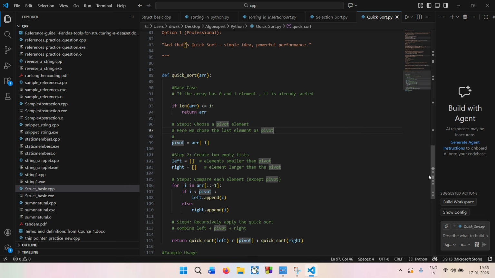For element in array, sorry, my bad. For the comparison of each element except the pivot, for i in array, colon, sorry, my bad, I did a double colon instead of a colon. So basically we are comparing each element except the pivot. And if i is less than pivot, then we are attaching